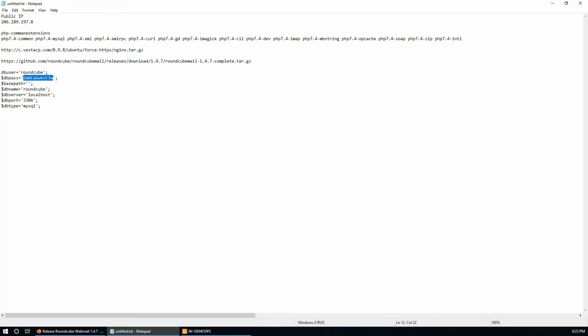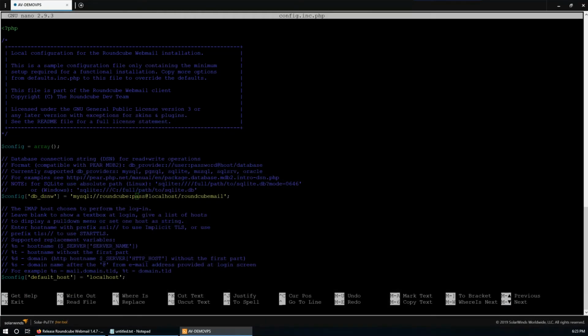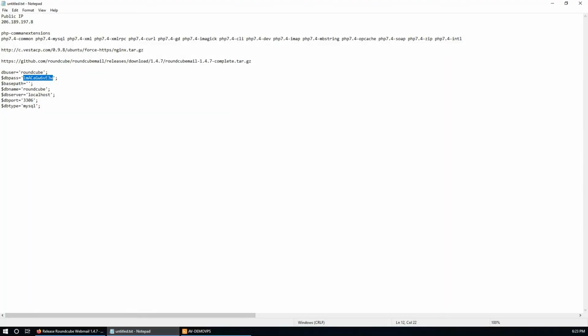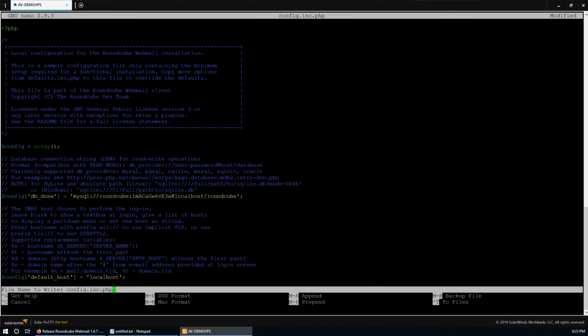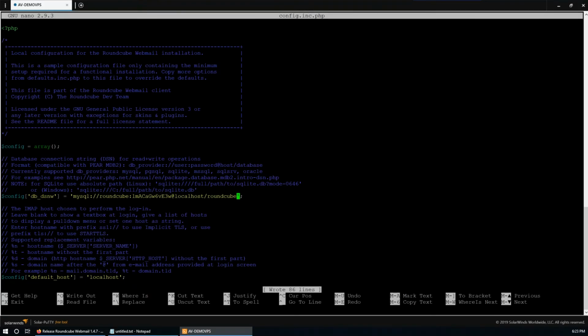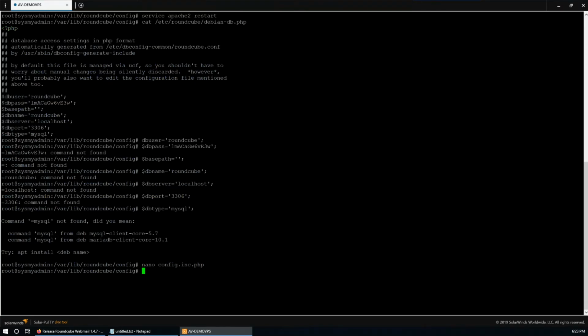Password is this one and db name is roundcube. Okay, let's make some changes. Okay, and delete the mail section because the database name is roundcube only. Yeah, Control O, write out, enter, save, Control X, exit.